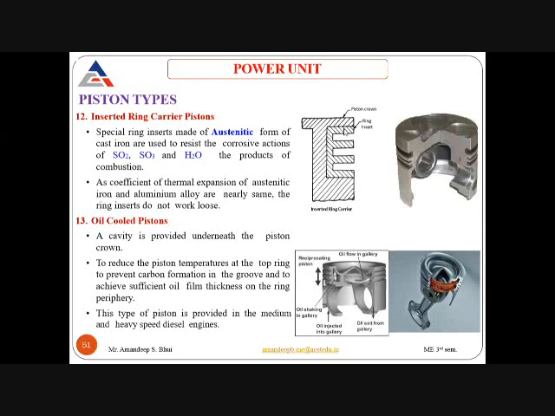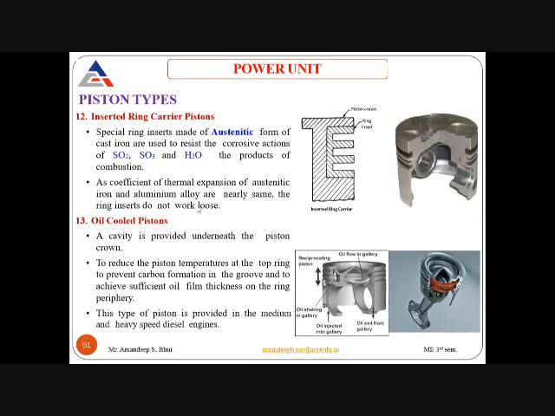Now, when the piston rings come in contact with acids like sulfur dioxide and sulfur trioxide and water also, corrosion takes place. Now these inserts act as a barrier, because they are made of austenitic cast iron, and they do not react with these sulfurs, and they provide a corrosion resistant layer